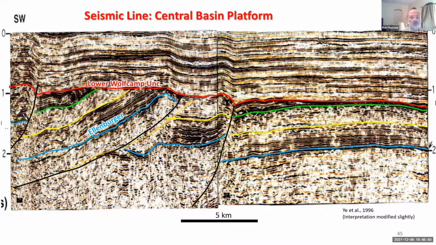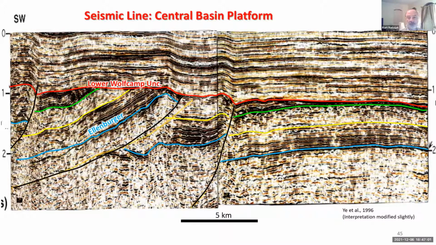So here's this lower Wolfcamp unconformity. You see the thrusting and the folding. And then above, while there's some folds and some draping over this, it's much less deformed than it is at this. And so you're stacking a relatively thick section of upper Wolfcamp through Guadalupean strata on top of this, even